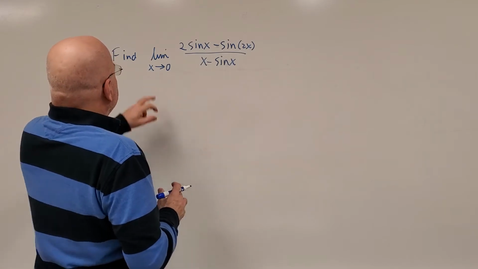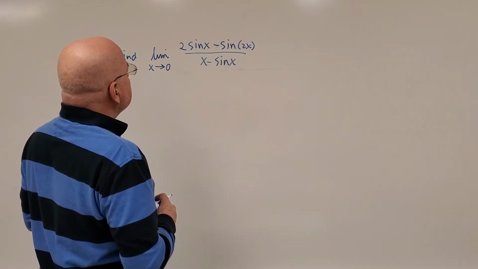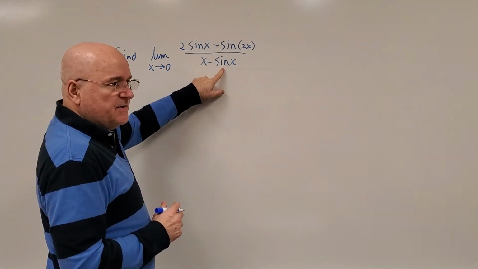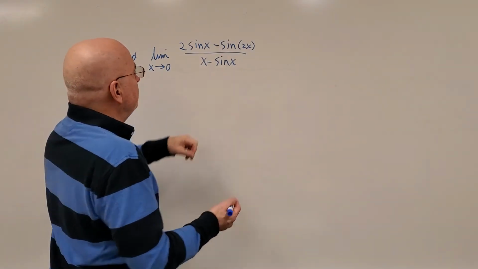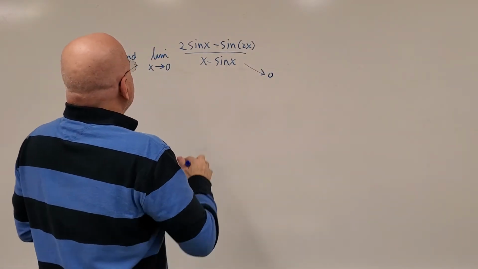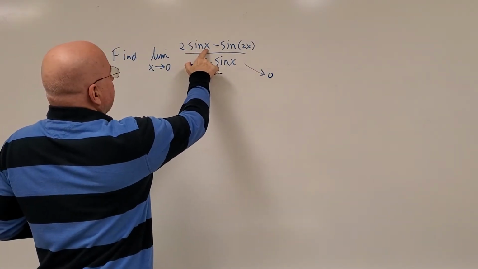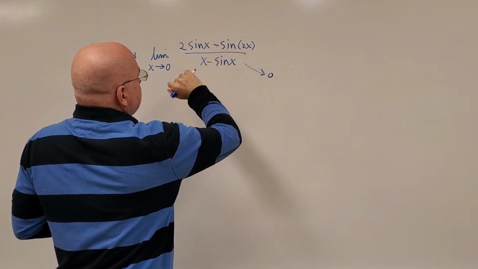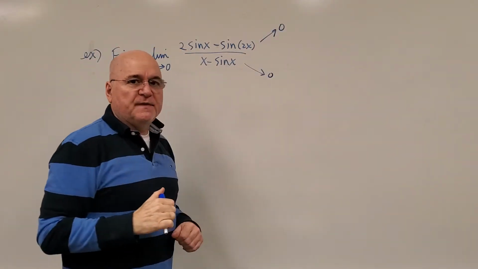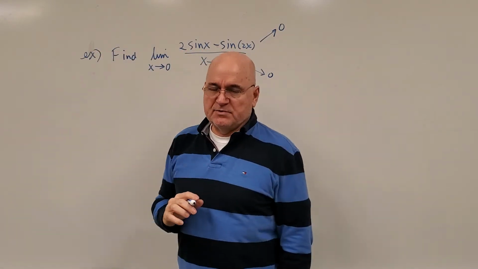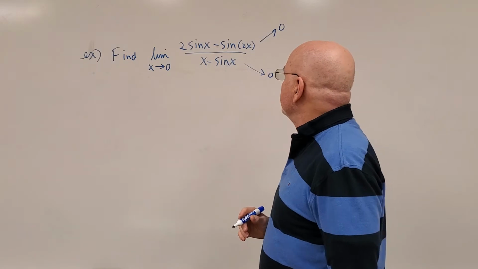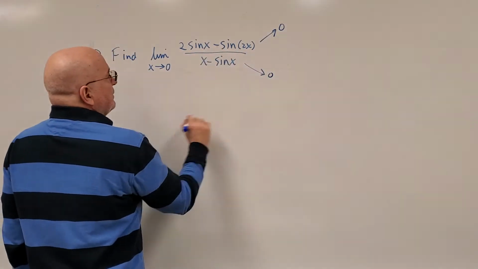And let's see, as x goes to 0, let's do the denominator first. 0 minus sine of 0, but sine of 0 is 0. So we know that that goes to 0. And the numerator, sine of 0 is 0, so sine of 2 times 0 is also 0. All right, they both approach 0 as x approaches 0. So the hypothesis of L'Hopital's rule applies. So this must be equal to